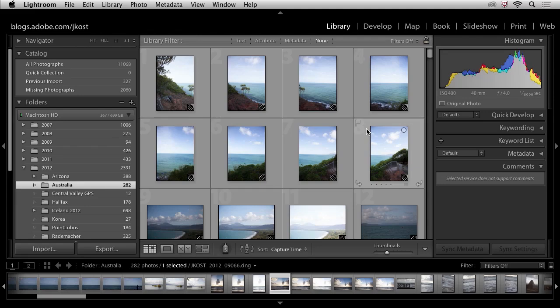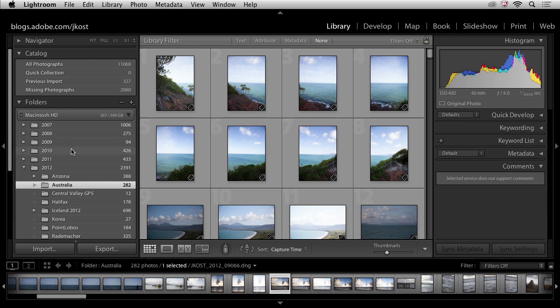In the next few minutes we're going to take a look at how we can view our images in Lightroom as well as flag our images and rate our images in order to edit down a large number so that we can select and work with the best images from the shoot. So I'm starting here, and you've probably noticed if you watched the last two videos that I